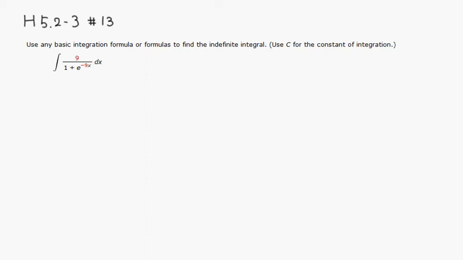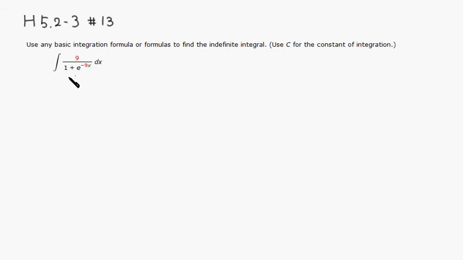Okay, let's look at homework 5.2, 5.3, problem number 13. So we want to evaluate this given integral here. So let's work on that. All right, so first thing we do is try to find the substitution, and we let u equal to this